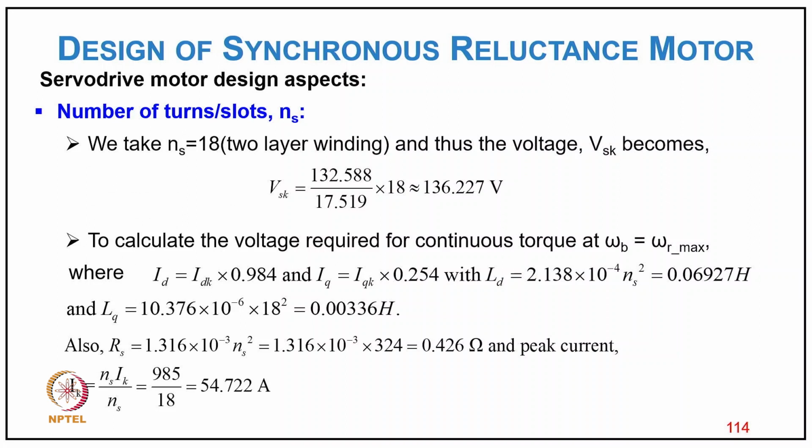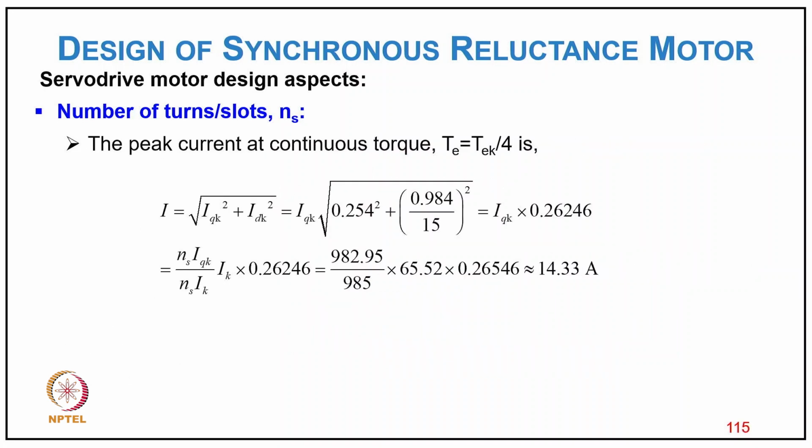So we can take Ns equal to 18, 2-layer winding, and then the voltage VSK comes 136.227 volt. To calculate the voltage required for continuous torque, omega equal to omega, LD, ID equal to IDK into 0.94, IQ equal to 1. So LD equal to 1/3 into Ns square, it comes 0.06927 or 69.27 millihenry, and LQ comes like 3.36 millihenry, and RS typically comes 0.426 ohm, and peak current IK becomes